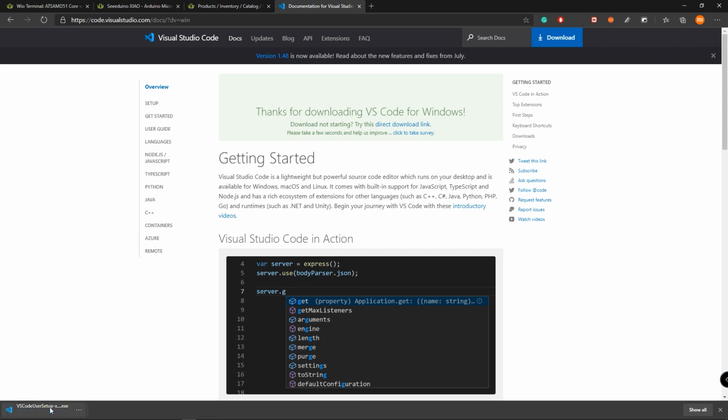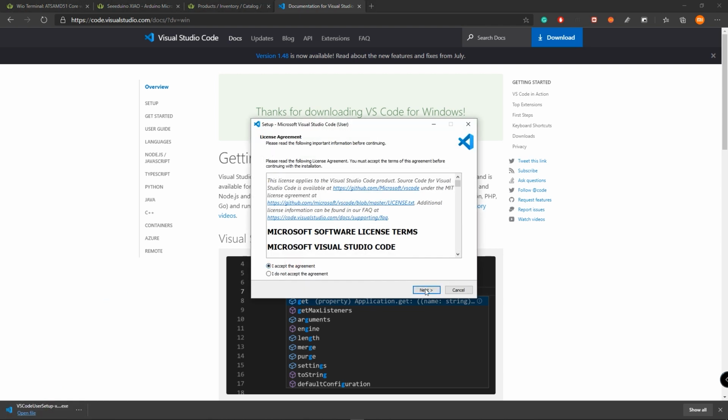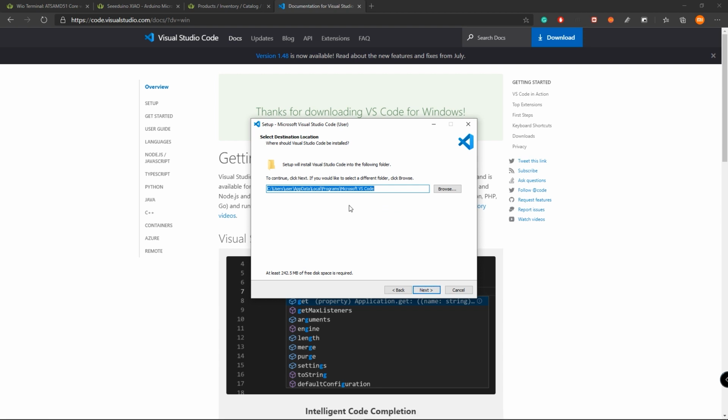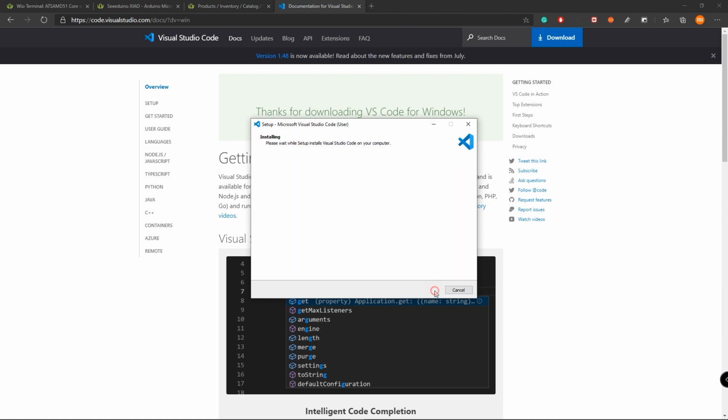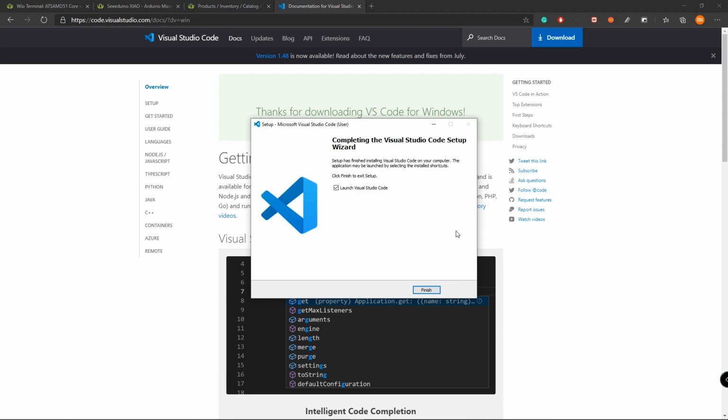And then open the installer, accept the agreement, next, choose the installation location, go next, and I will be selecting these options and select next and install. Now we have successfully installed the Microsoft Visual Studio Code.